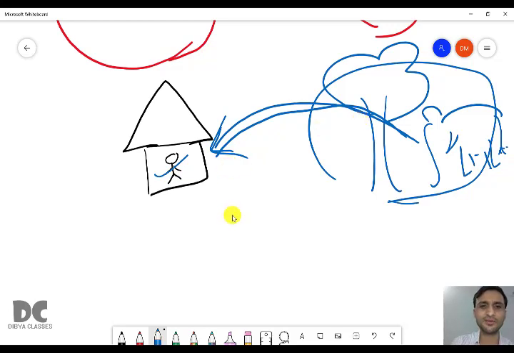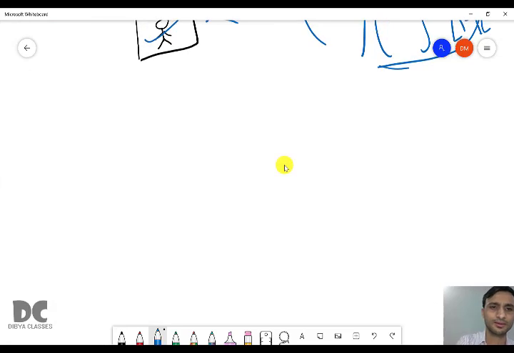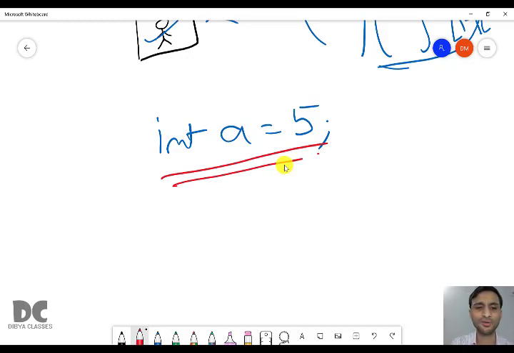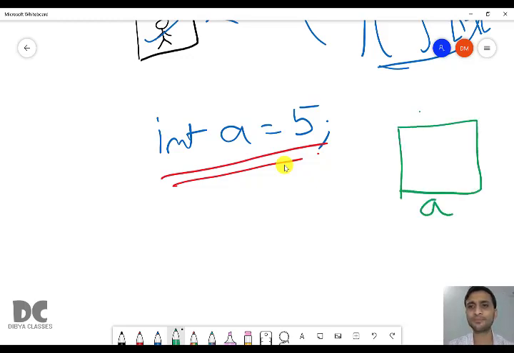So for example, in Java, 5 is present in the variable a, and the variable a is of what type? It is of int type. I think you remember this line we studied in previous videos. This is called declaration with initialization. So when I write int a equal to 5, what will happen? It will create a variable a of type int, that is it can store integer value of size 4 bytes.